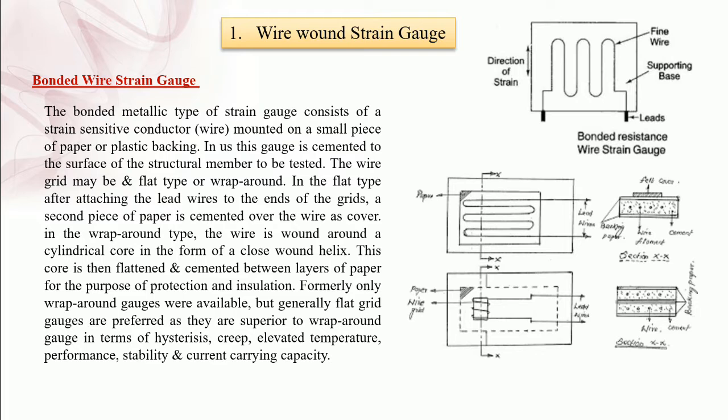Okay, now in the case of a bonded strain gauge, you can see the right hand side figure, which shows the basic figure for a bonded wire wound strain gauge. Now a bonded wire wound strain gauge is composed of a fine wire wound and cemented on a resilient insulating support, usually a wafer unit.